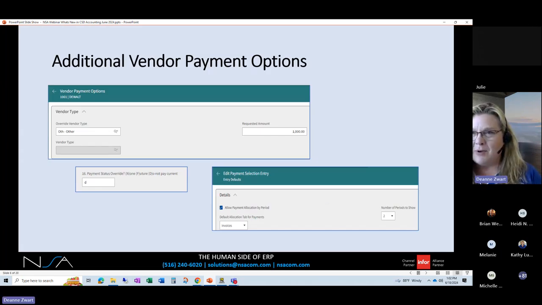So might as well start in AP, the fun part. We have some new payment options. So what these are going to do, and I'm actually going to show, is we can allow picking what we want to actually pay by period. So our AP ages now, our regular 30, 60, 90, and/or